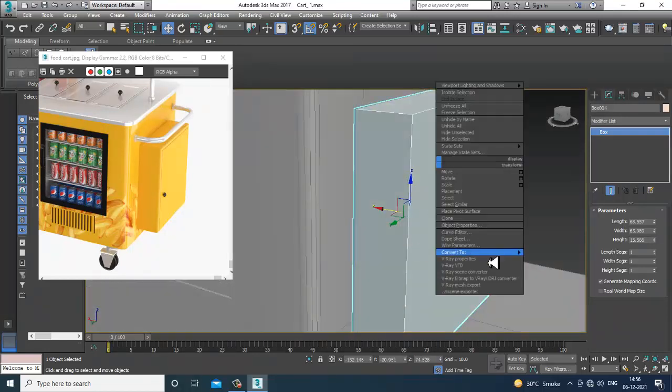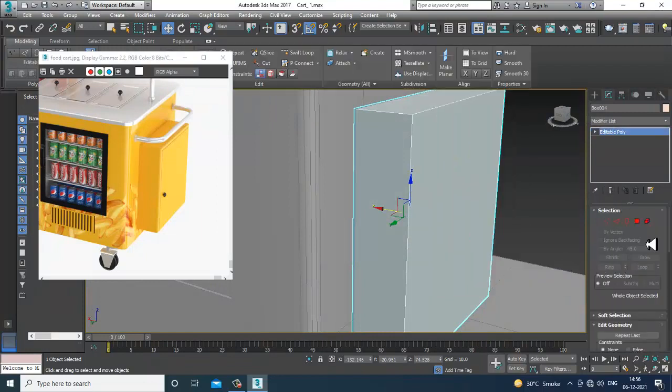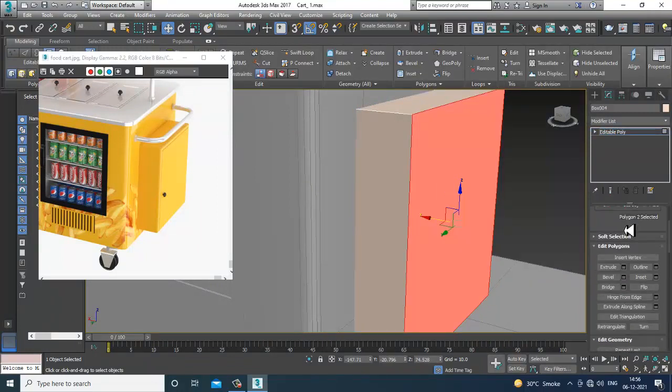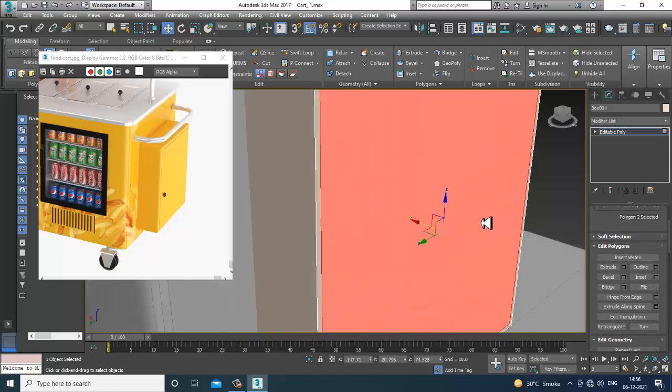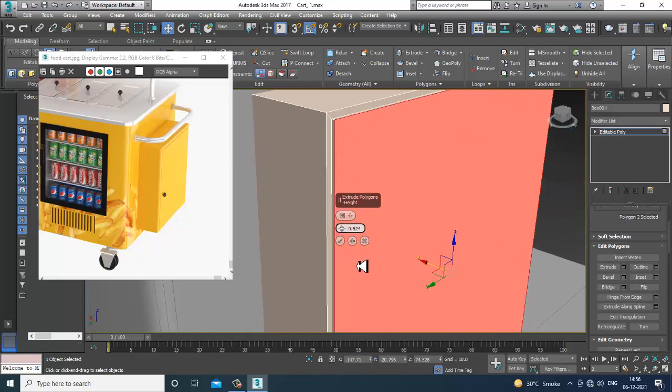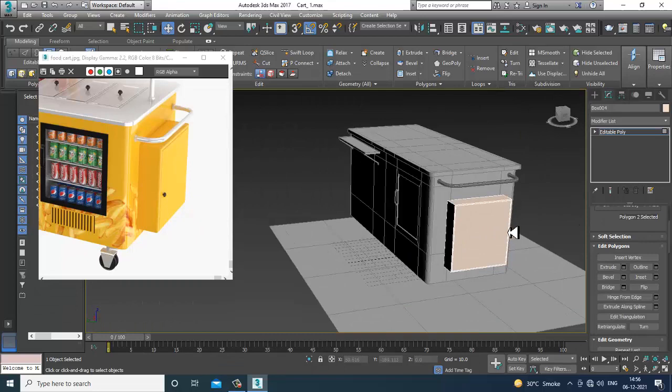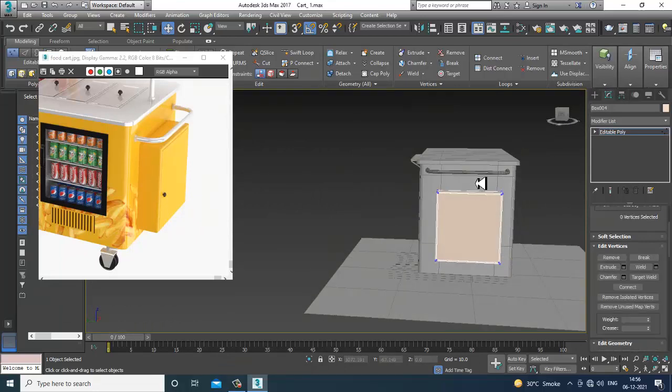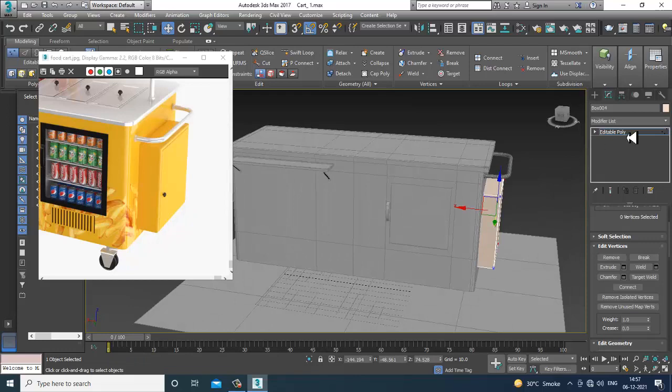So convert to editable poly, select the polygons. Let's give a bit of inset and give a bit of extrude. So go into the vertices, slightly adjust that part.